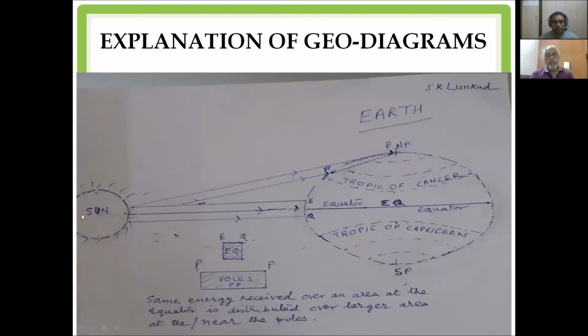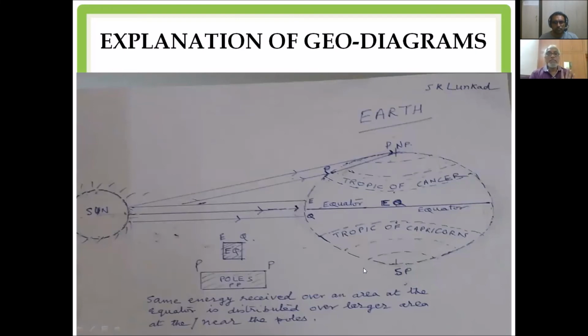Now, Earth is situated at an optimum distance. The Earth's average temperature is around 16 degrees Celsius. And this distance is so optimum that if you decrease this distance, the temperature will become very hot and many species will not be able to survive in the equatorial region. Similarly, if the temperature decreases by even 1 degree Celsius, glaciation will start and the Earth's polar ice will expand. If you decrease this distance, the ice will start melting.